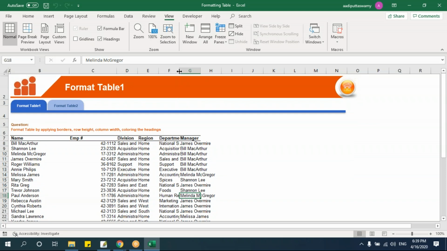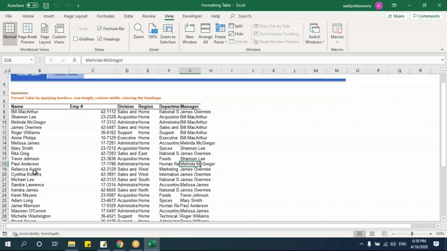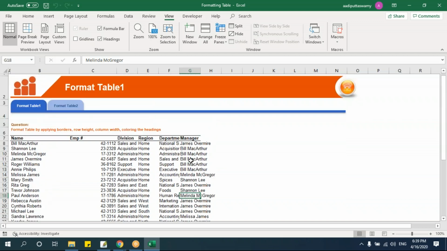Let's see, can you see that it's getting cut here? You're not able to read. So you have to read the data completely. If you see here, can you see that in administration the data is getting cut. Here also it is getting cut. This should not happen. And here I'm seeing that there is a lot of space. And you can see that it's very congested here. The space is not there. So these are some of the things happening here.